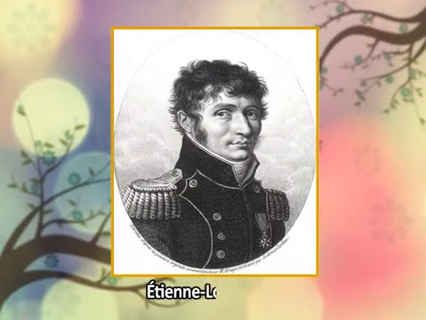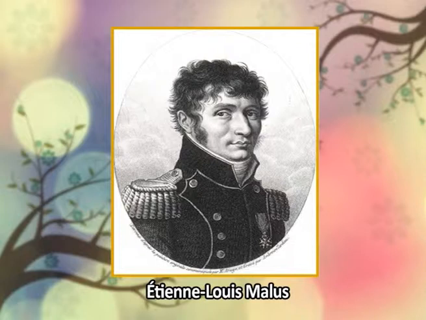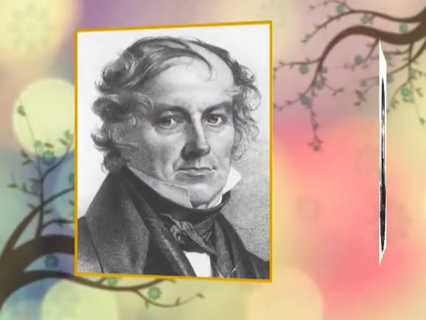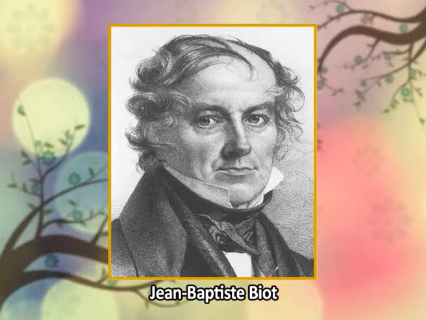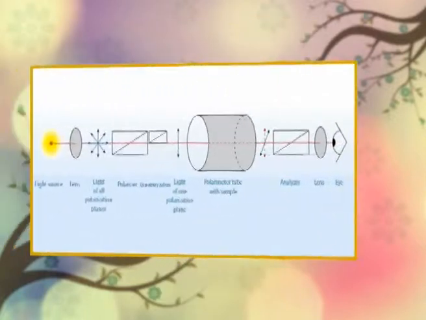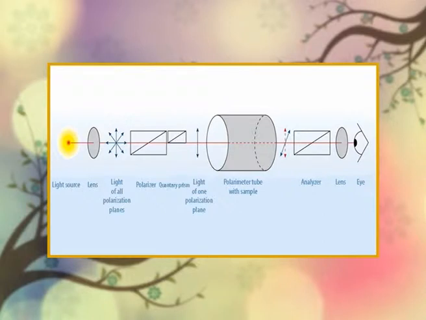Polarimetry was discovered by Antoine Louis Malus, a French engineer who was studying reflection of glass. Several years later, another Frenchman, Jean-Baptiste Biot, found that molecules such as sugar could also rotate light. Its instrument, called a polarimeter, is a device used for the measurement of optical rotation, and its scheme is depicted in